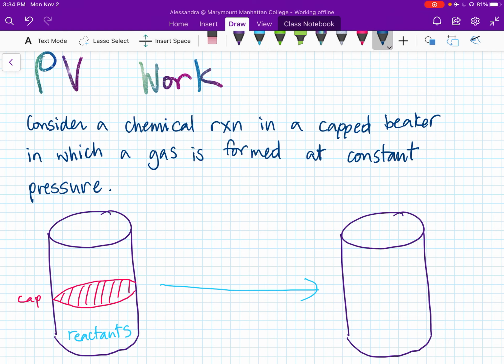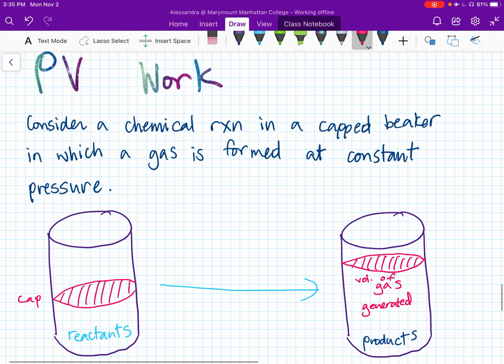So as the reactants become products, they start to produce a gas, and the gas moves the cap upward. Okay, the gas, as it's produced, pushes the cap upward. So here's the gas, the volume of gas that's generated here. So we could measure the distance which the cap has been pushed up in this cylindrical beaker, and the volume of that beaker that the cap has moved up would be the delta V associated with this